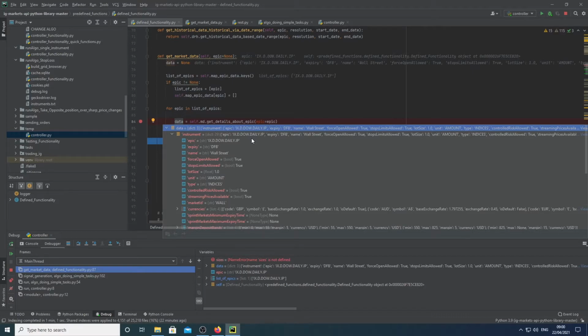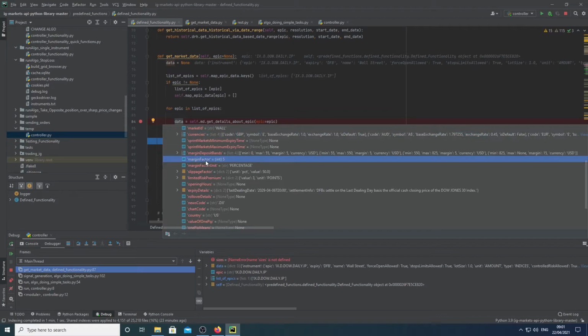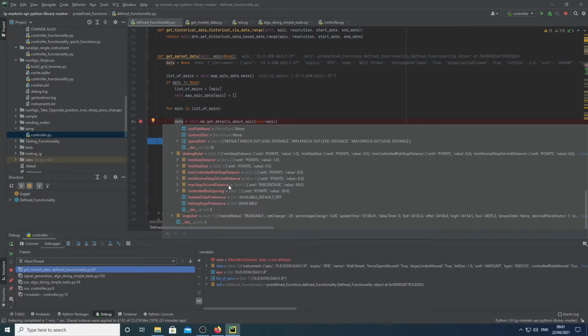You've got different acronyms, like daily funded bets, and it talks about what the unit is, the minimum size required to send orders, currency, and margin factor, which is how much margin you have to put in to buy the smallest amount of that instrument, and stuff like that. You've got dealing rules, which state how much your limit must be and how far your